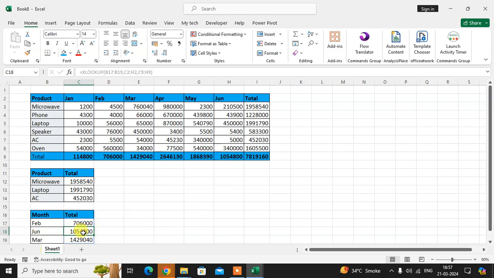That's it. Here you see all the data automatically comes in the cells below also. In February, see the total sale. June, the total sale for June. Here you see the total sale for June